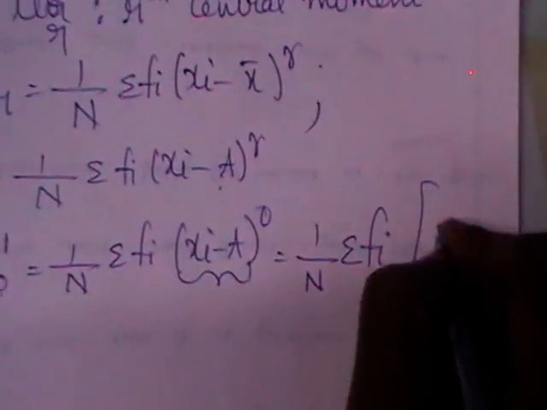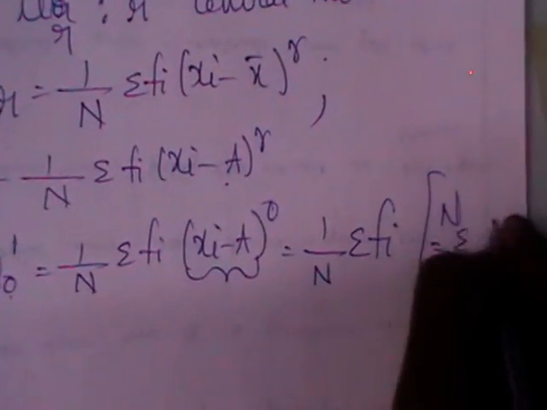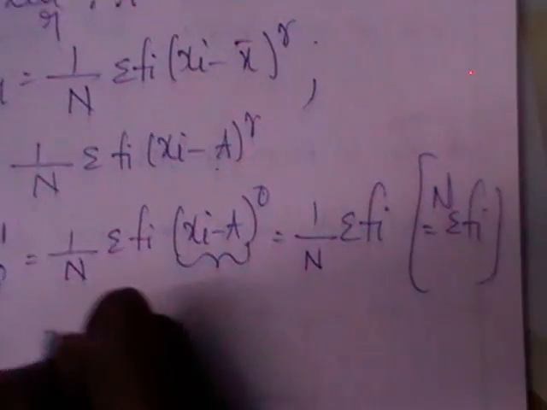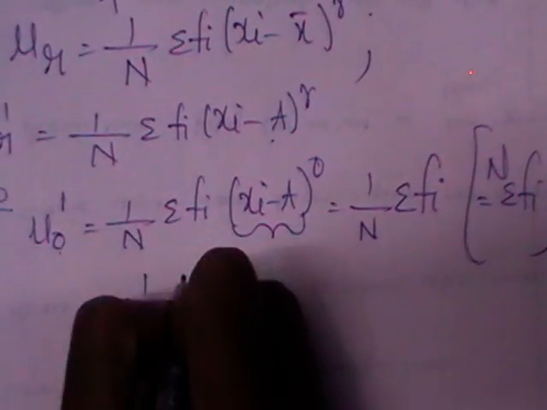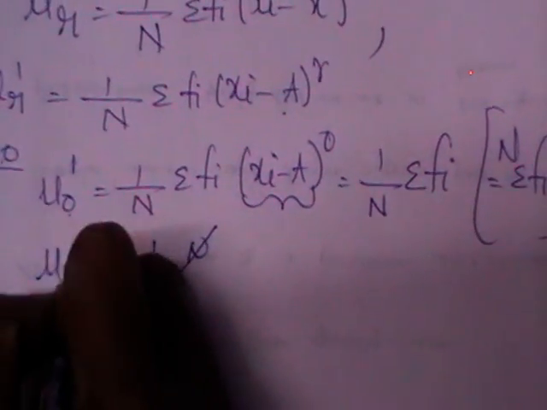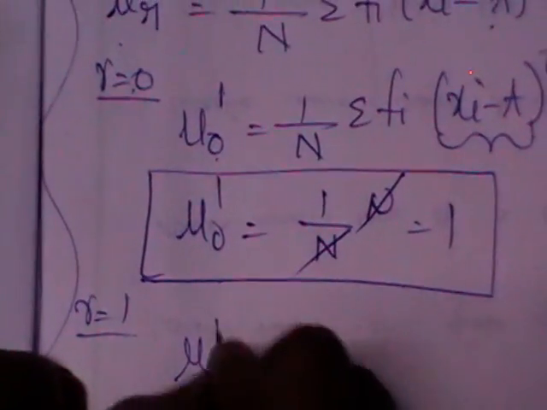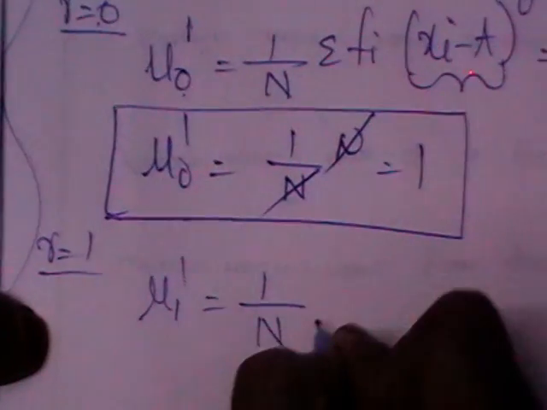Okay. What is the relation between n and fi? N is equal to sigma fi. So we can write that as 1 by n. So mu 0 dash is always 1. What is the mu 0 dash value? It is always 1. If you put r is equal to 1, you will get mu 1 dash is equal to 1 by n